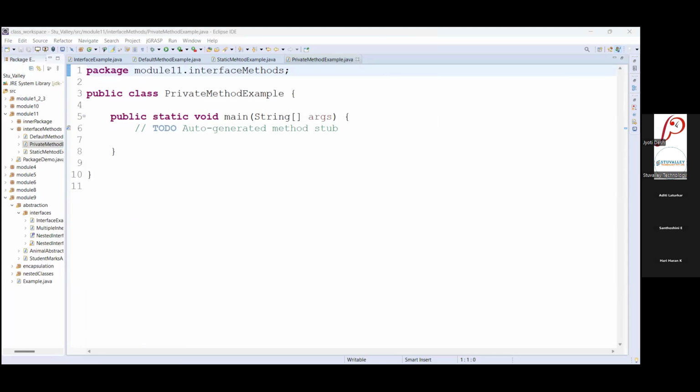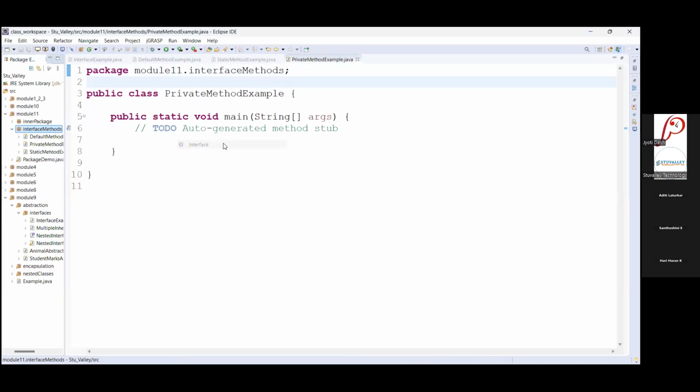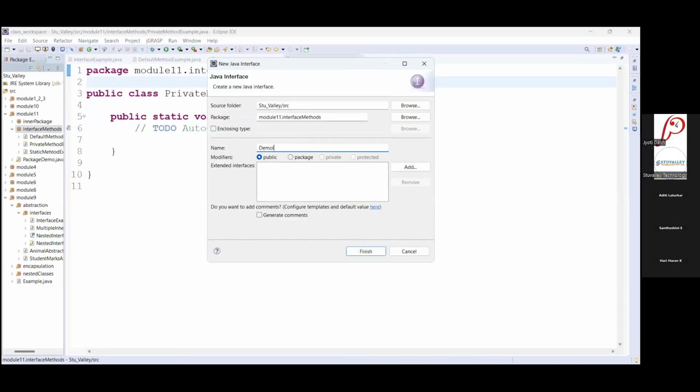Now here I am creating one interface. I will show you, you can create a separate interface as well. We have seen how to create. So here I am creating a separate interface. Suppose the name is demo interface.